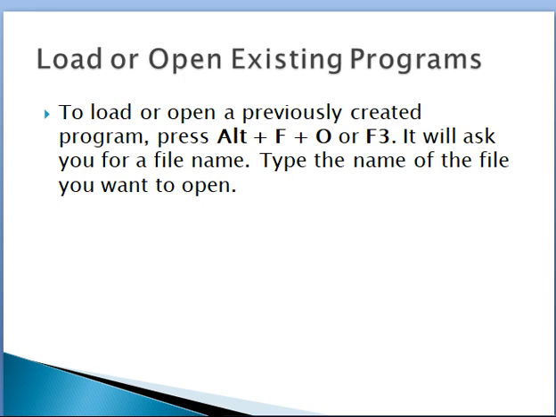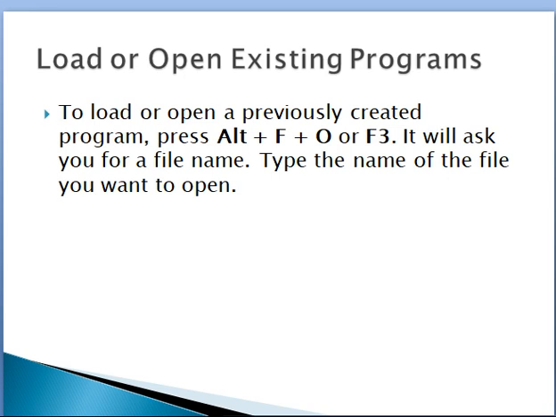To load or open existing programs in Turbo C, open the Turbo C, then press the Alt plus F plus O shortcut key, or from the function keys press F3. It will ask you for a file name.